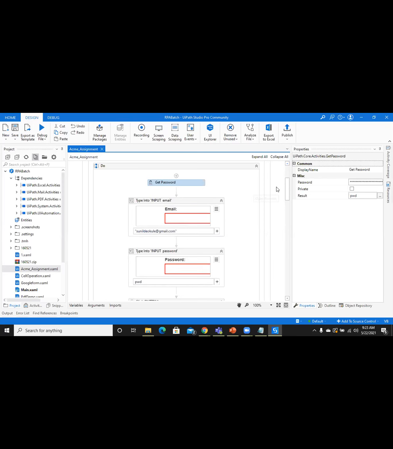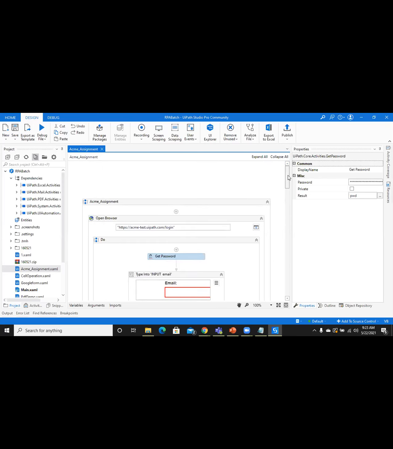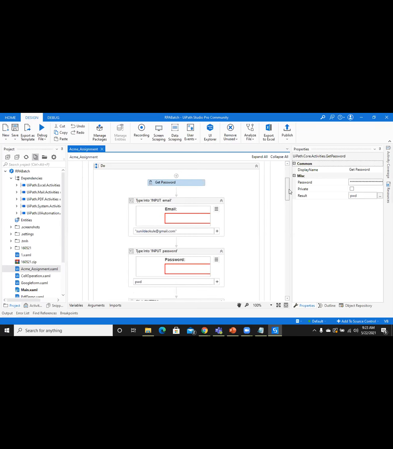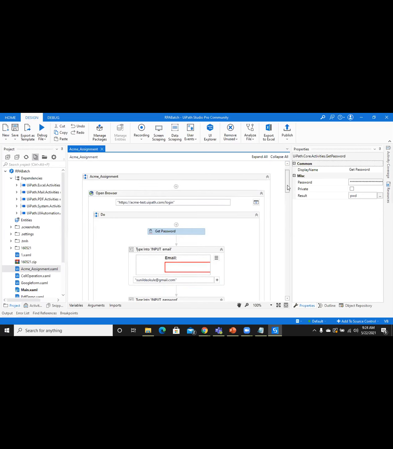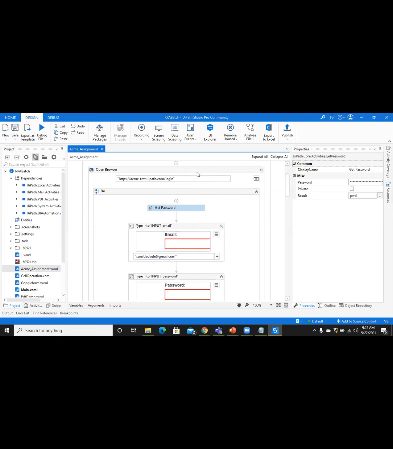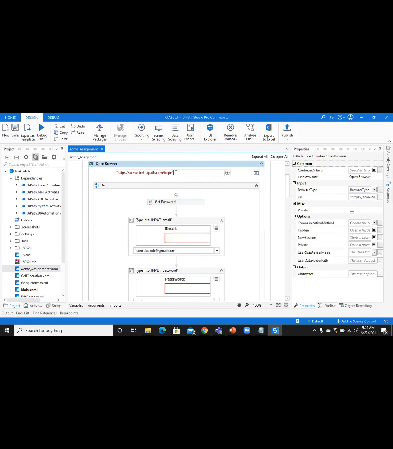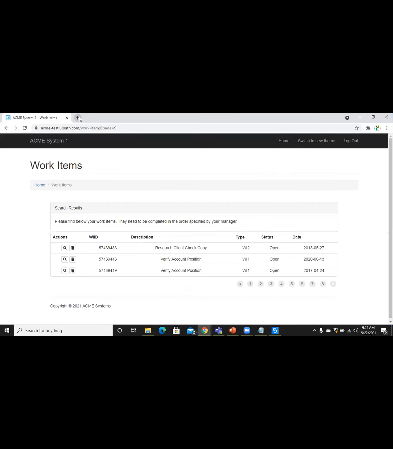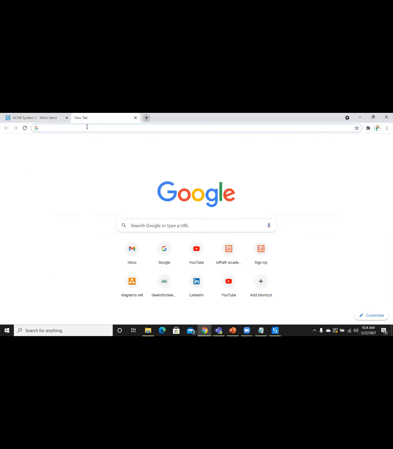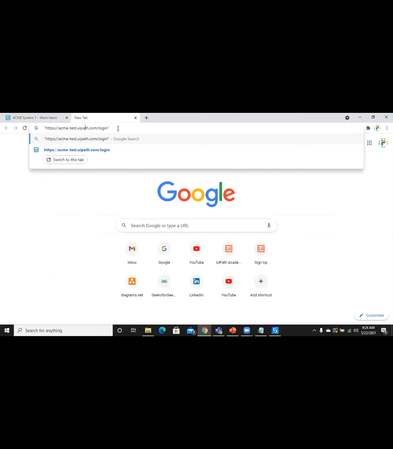So the first task is to take one browser activity, that is Open Browser. You can use Attach Browser also, but you need to select the selectors. In Open Browser you need to give the link, which you put here.